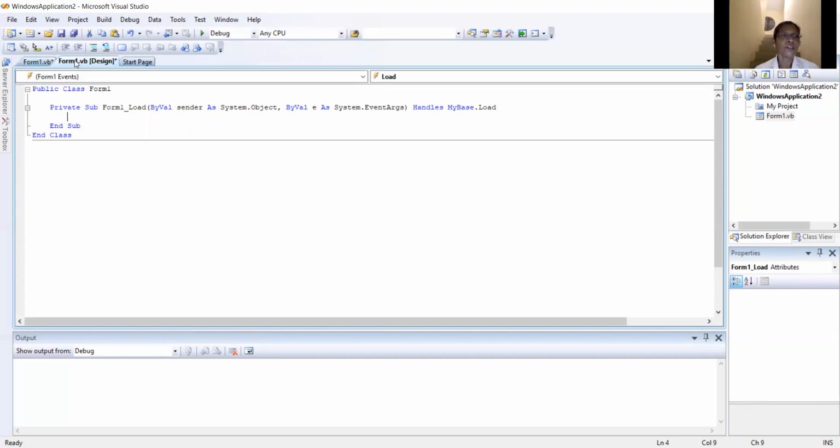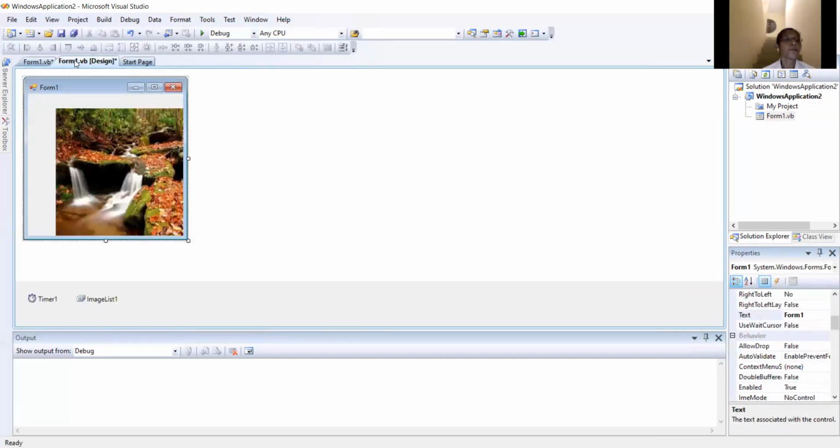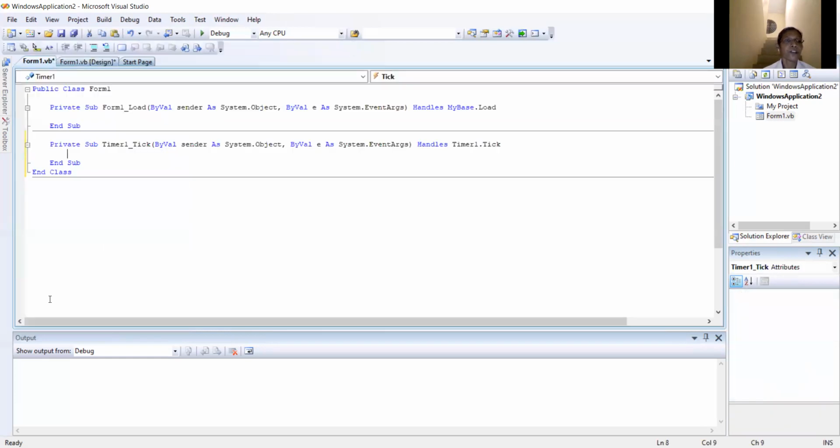So now we have to go to the design view, then choose the Timer1 tool and double click. The corresponding coding statement will be displayed here. The cursor is located in the Timer1_Tick event.